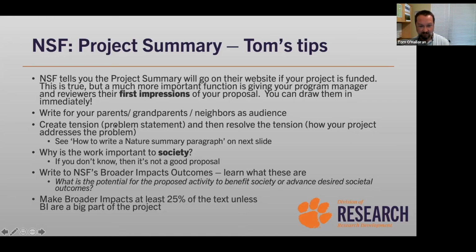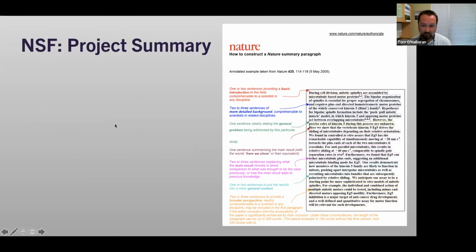Okay, so then the next slide is this example that is still up on the Nature website. This is how to construct a summary paragraph for the journal Nature. And I have used this in many contexts, proposals and manuscripts and papers, for years. I think it's fantastic. It's literally a sentence by sentence guide on how to write a good abstract,